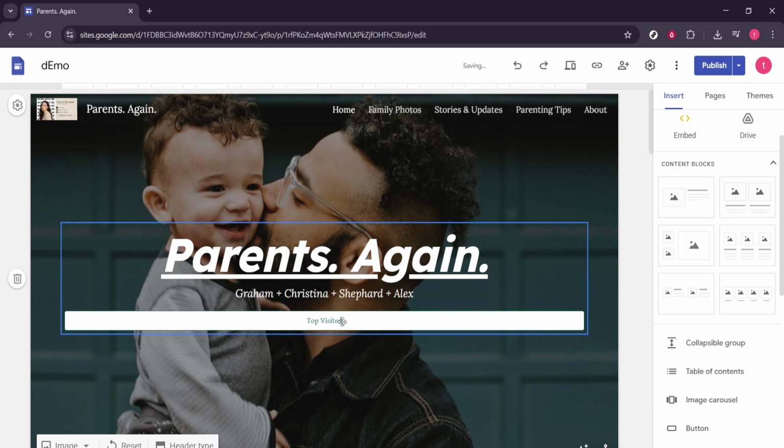Your button is ready. Use descriptive names, double-check your links, and keep placement consistent across pages so visitors always know